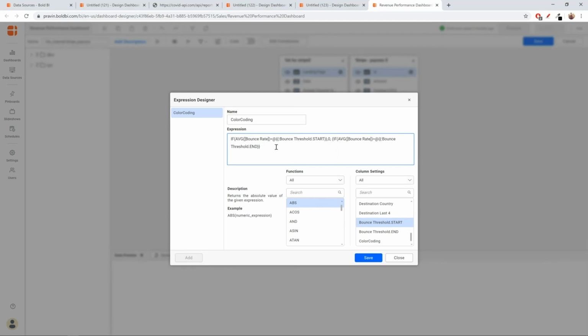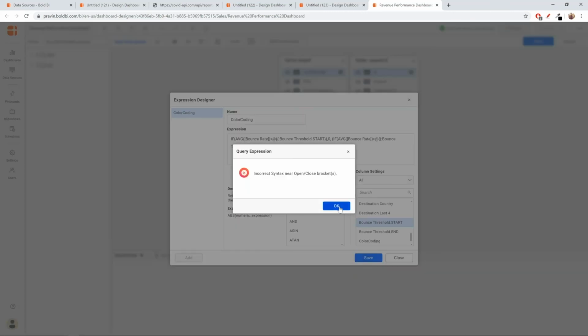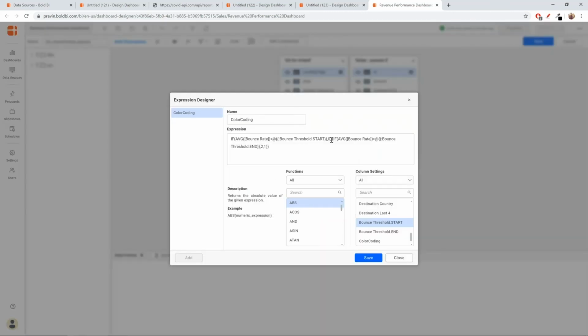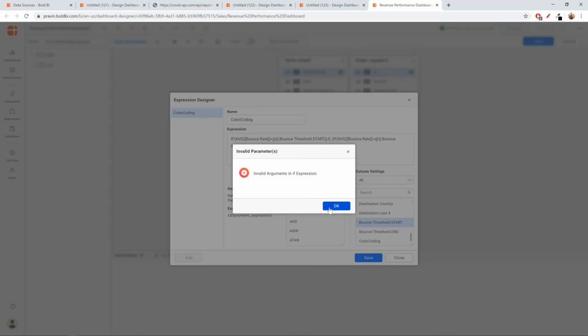So then I'll return 2, which is going to be a red color, or else I'll just return 1, which is going to represent the intermediate region. Okay. I'll just save this.